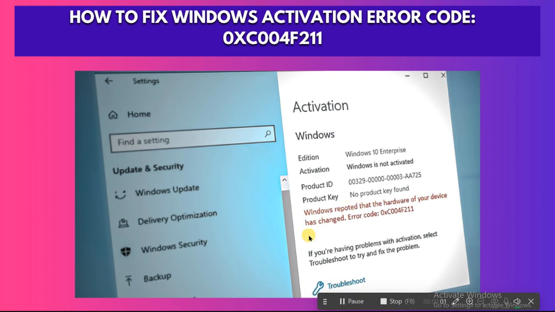This is the final video to fix Windows activation error code 0xC004F211. And if you're also seeing this problem on your PC, stay with me because I'll show the simplest method